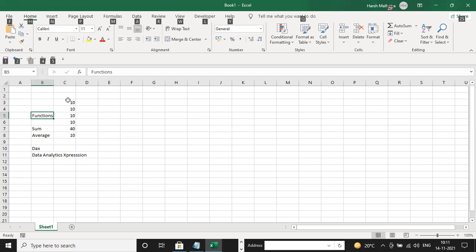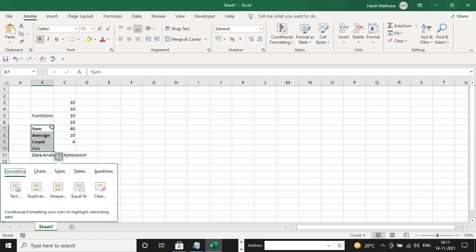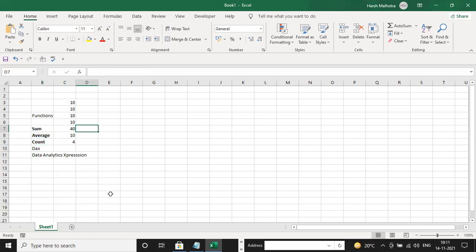All the things are similar, like sum, average, and count. Suppose you need count, I can use count. This is 4. So this is the count function. These three functions used in Excel are called functions. If we use these three functions in Power BI, they are called DAX expressions.